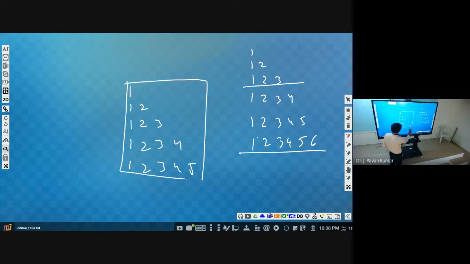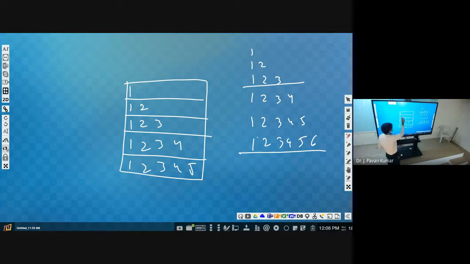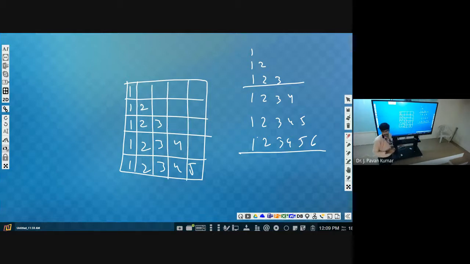Table means we will be having rows and columns as well. Now consider a similar structure: star, 2 stars, then 3 stars.